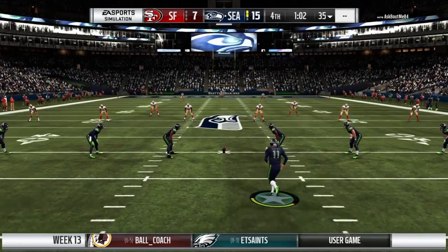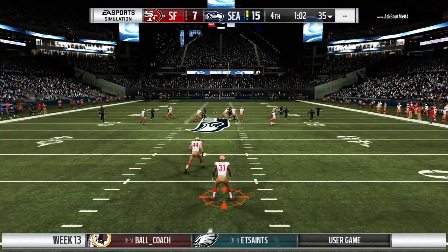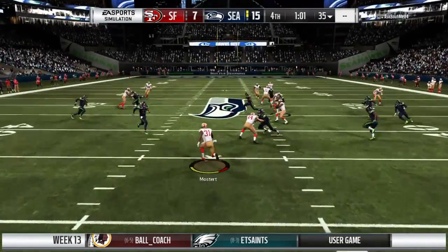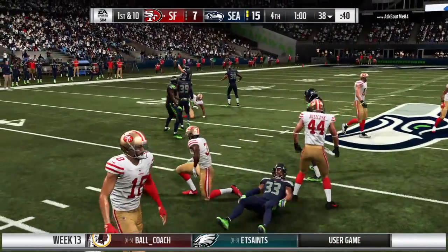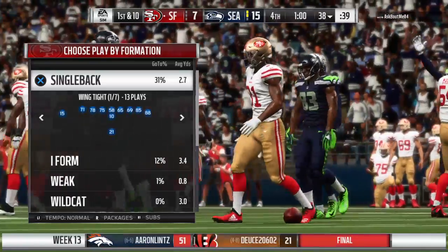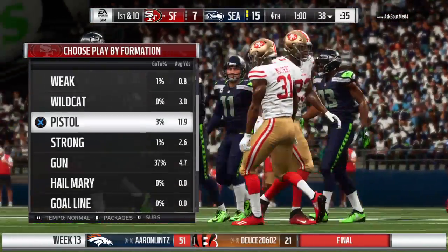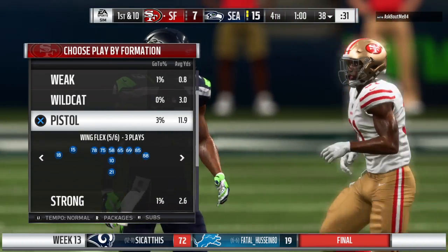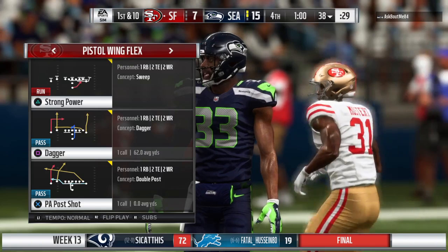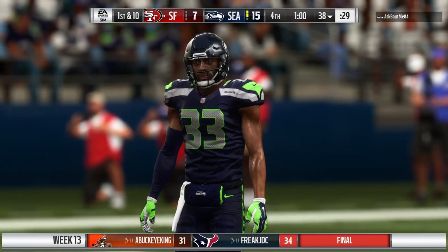Now after the made field goal, here's Sebastian Janikowski to kick it away. And they're going to have really good starting field position here as that's taken up close to the 40. The 49ers getting set to trot out there. They're down here in a 1-score game, but the time, it's a factor, but it's not a huge factor right now, is it? It's really not, because this amount of time gives them a chance to run their offense, to